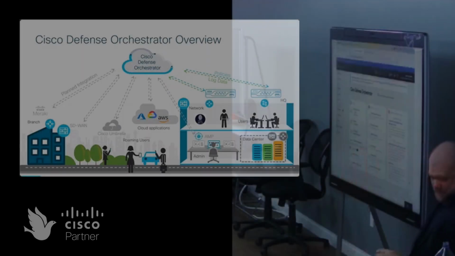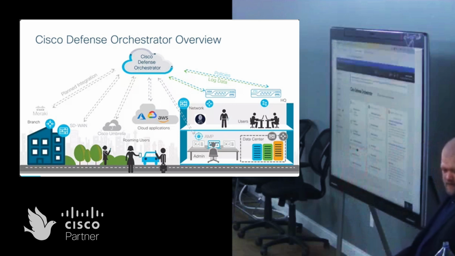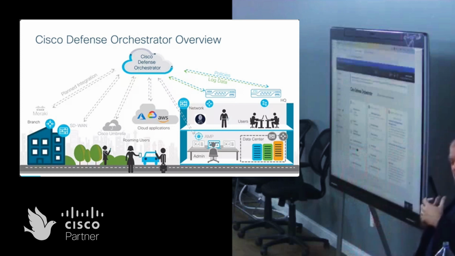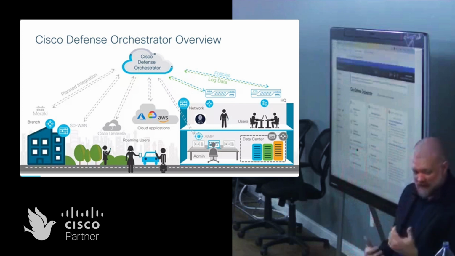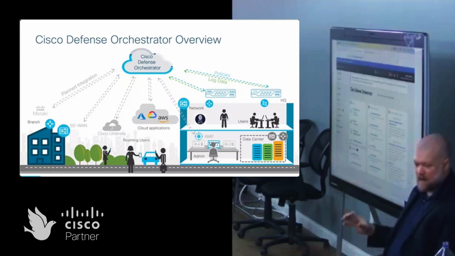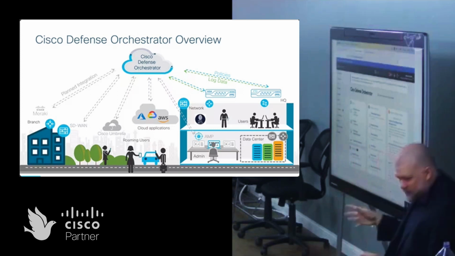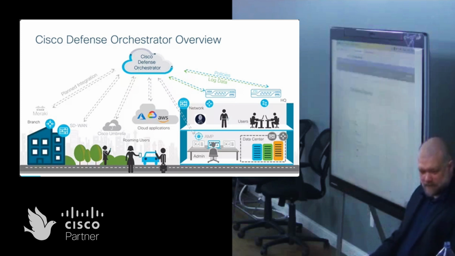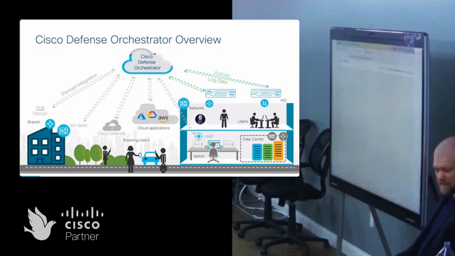So this is Cisco Defense Orchestrator, which is the cloud environment where our cloud-delivered FMC lives. Cisco Defense Orchestrator can do stuff beyond FMC. So when you first sign in, you don't necessarily see the FMC screen directly. But down here, what you could do is go down and say, hey, I'm going to manage my FTD policies. And at this point, it's going to pivot you into something that hopefully looks and feels exactly like what you're